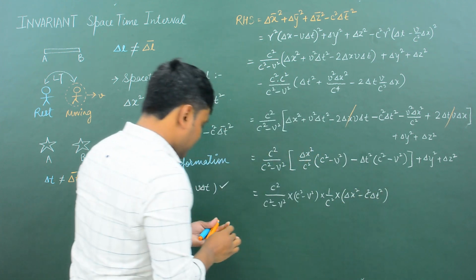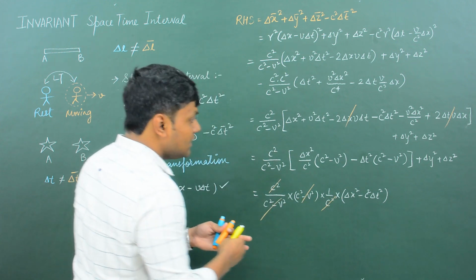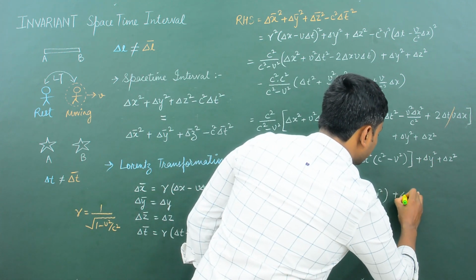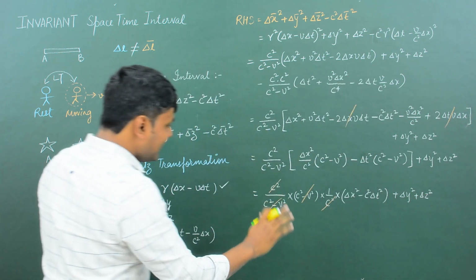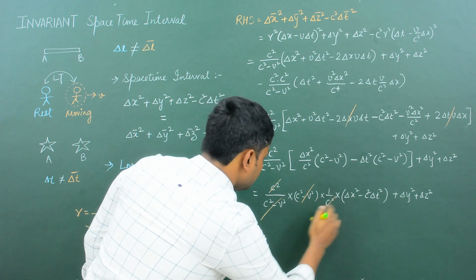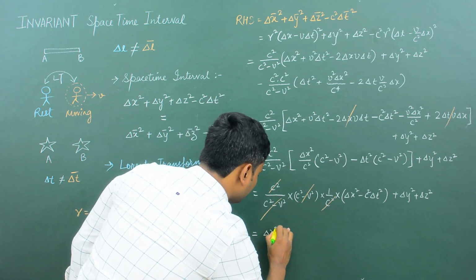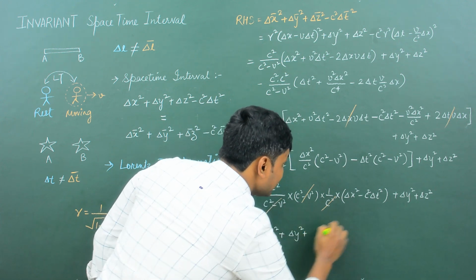Here again this term gets cancelled, c square and c square gets cancelled, and of course the remaining terms are del y square plus del z square. So finally we come up with our expression del x square plus del y square plus del z square